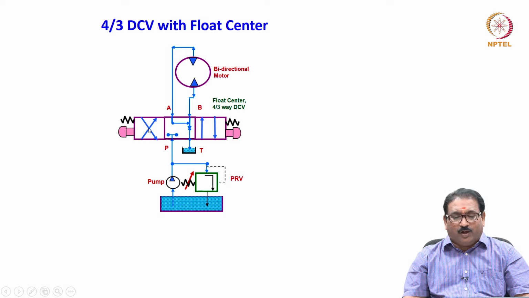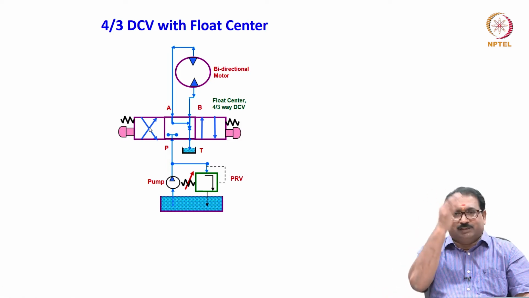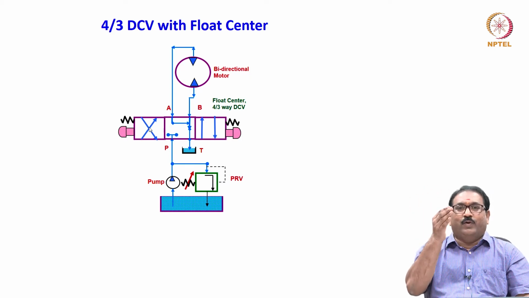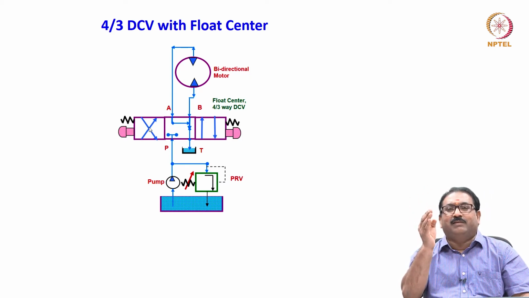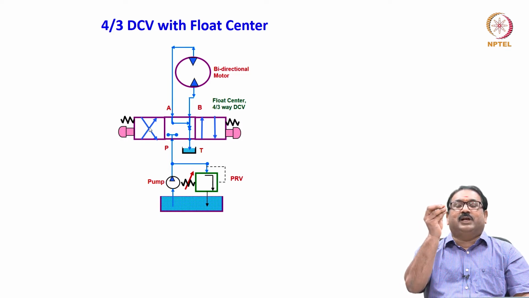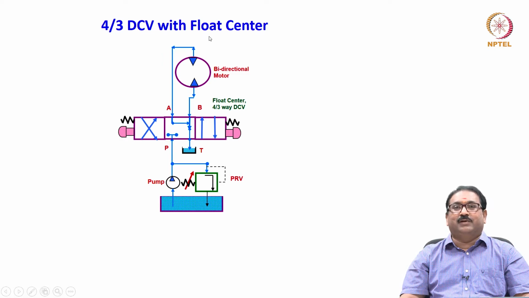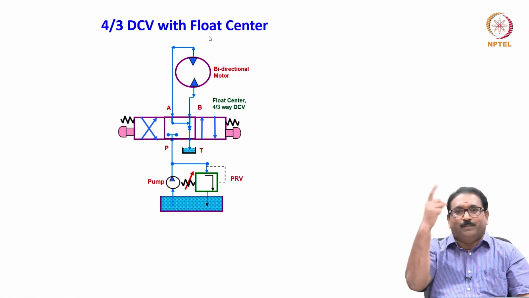Because when you move from one position to another position, what happens? For example, I moved to the left position, the hydraulic motor or pneumatic motor is rotating at a certain velocity. When I immediately move to the center, if it is the closed center, it will be subjected to high pressure, dynamics will get affected. Meaning the rotary thing should come back slowly to rest. This is only possible in the case of the float center. The fluid is rotating, stop immediately.